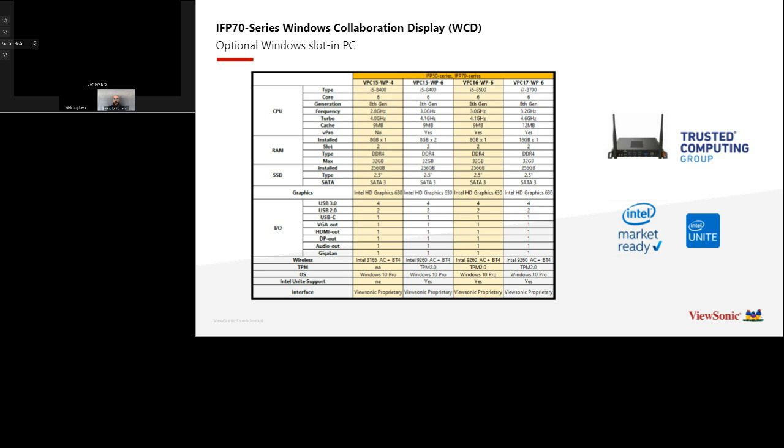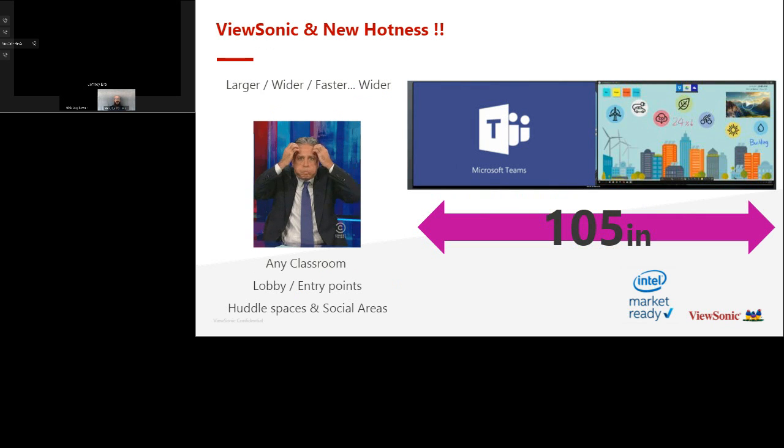As we kind of go a little bit more, I know we like to talk about, as Nick mentioned, 298s on the screen, multiple inside an environment. So this is just something that I always like to talk about and show. Not only is ViewSonic a leader when it comes to our interactive displays, but it gives you the option to put in specifically that visual aspect that will not only fit your room, but also wow or present that information in a visual way that makes everyone pay attention.